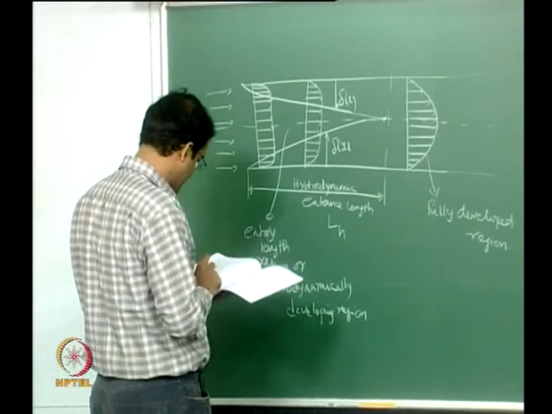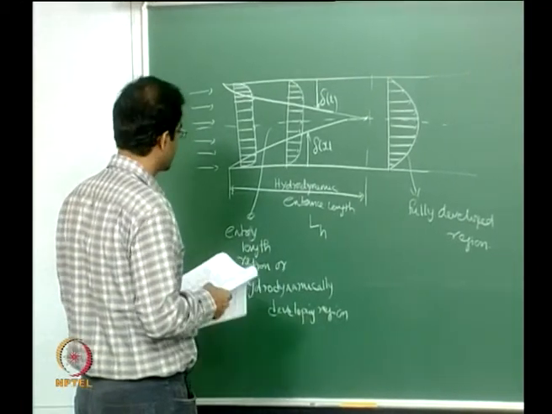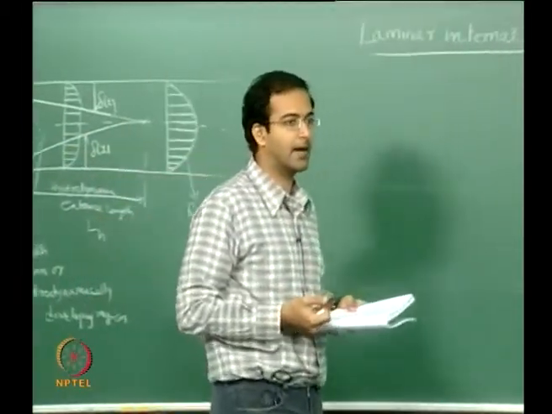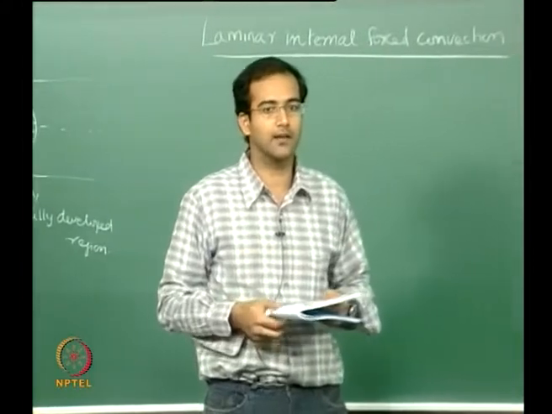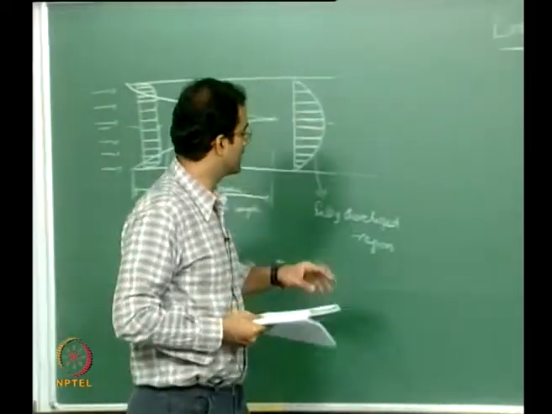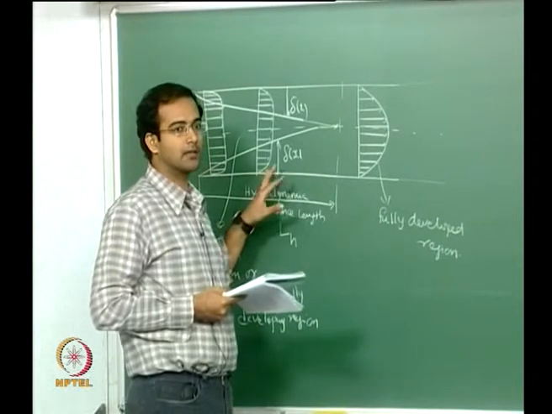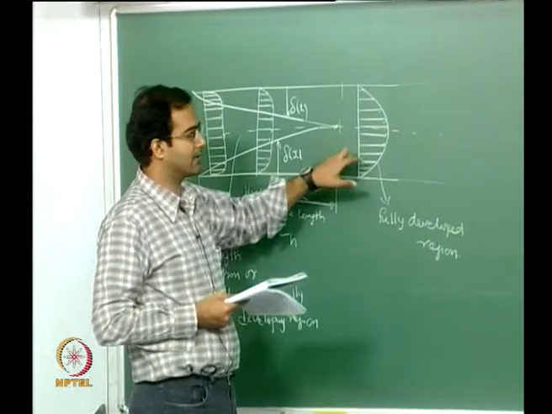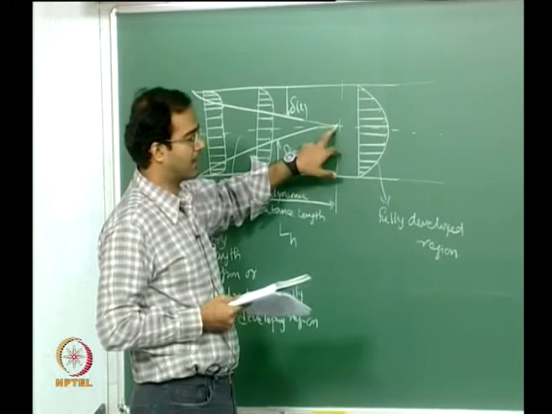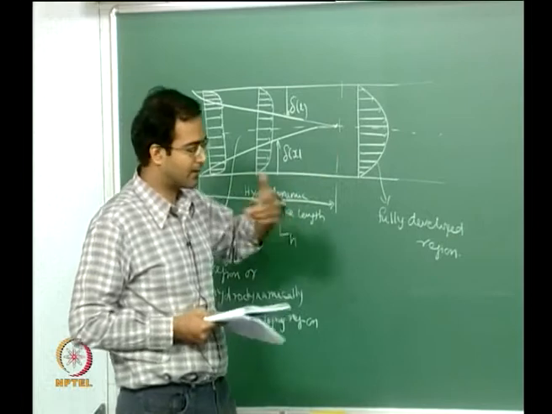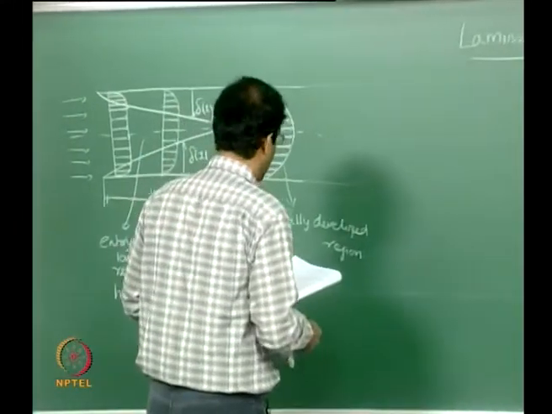And in order to really understand how to calculate the length, the hydrodynamic entrance length, there are several hand waving correlations. There is no exact rigorous theory to determine the entrance length. Okay, strictly speaking, you have to solve the equation and understand where the velocity profile becomes parabolic and becomes invariant. Okay, so just to give an empirical thumb rule for laminar flows,